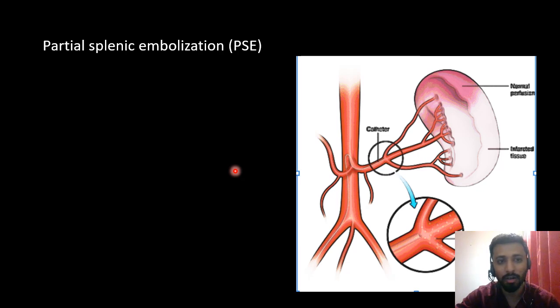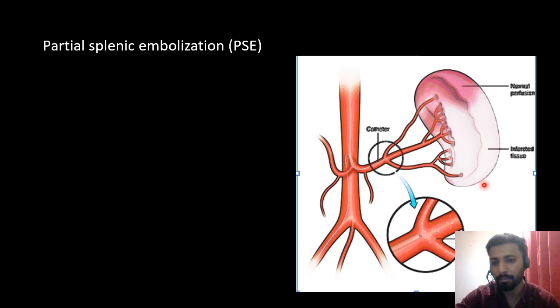We can do something called partial splenic embolization. What we do is we puncture the common femoral artery in the groin. We take catheters and wires across the celiac trunk, reach up to the spleen, cannulate the splenic artery, and take an angiogram. And what we do is we embolize the spleen up to 60%. We block all these arteries for about 60% of the splenic parenchyma, and we infarct the